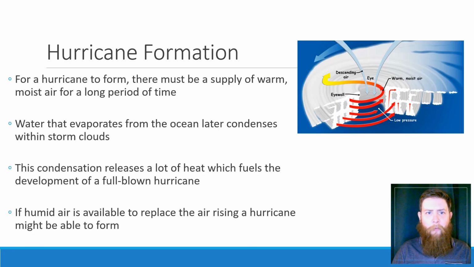As they form, we have to get a lot of hot, moist air rising up from the water here. What gives the hurricanes their power is this water that is evaporating from the ocean and condensing into these storm clouds. Remember, condensing is a heating process, giving this system power. If this humid air continues to replace it and starts to spin, we get this hurricane forming. You notice that the descending air in the middle is cold. Remember that cold air typically is less moist than warm air. That's why the eye of the storm has no rain: this cold, very dry air is blowing into the middle there.